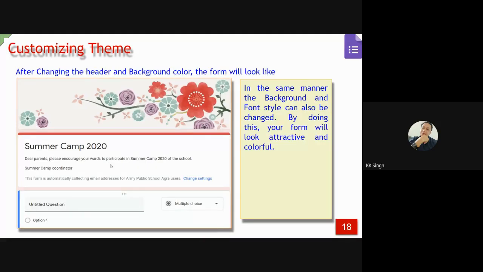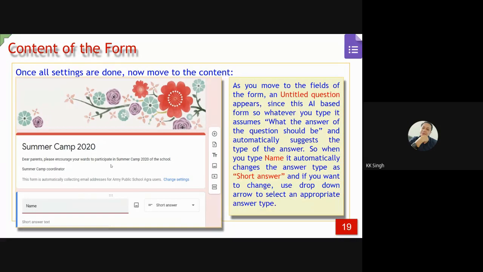The important part is the restriction and the security, and the security comes from the general tab of the settings. So this is customization of the form. Whichever theme you use, this will be applied to your form.